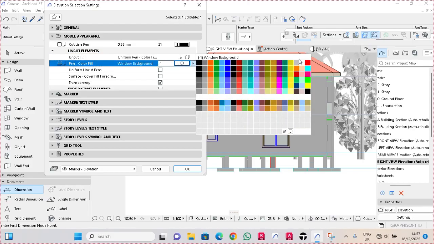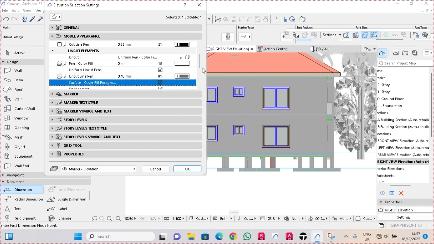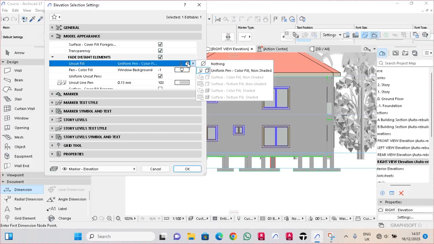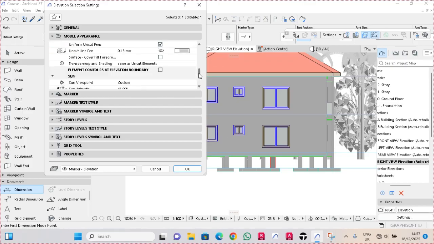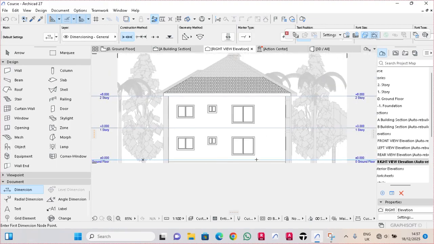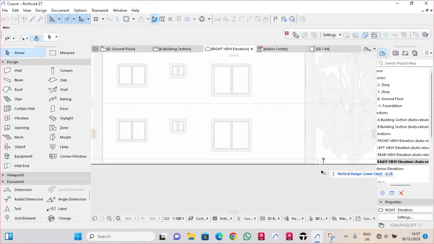Background, I want to use white for this background, select uniform pen line, select uniform background covering, move to fade distance, accept. I want to change this to uniform pen color, make sure this is this background. Once done, I'm going to accept surface fill cover, click OK, and I'm going to have my plan well set up. Well, I'm going to have something like this, and I'll have to just shift this a little bit below